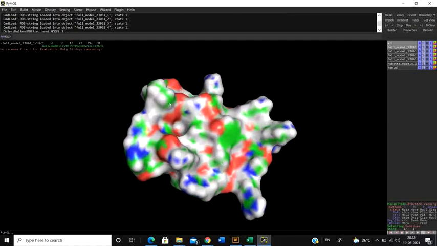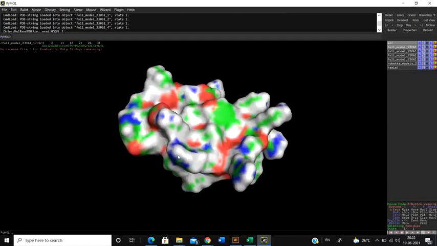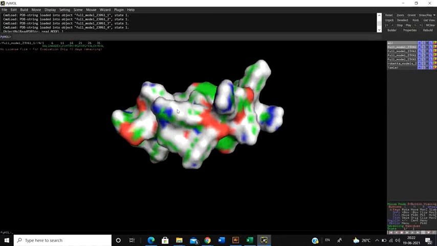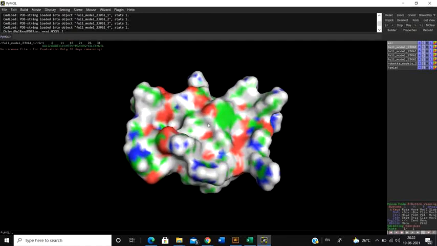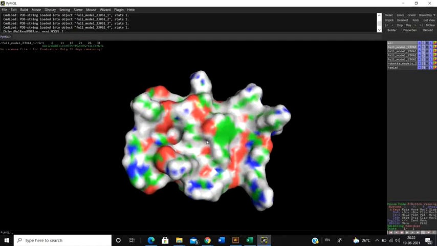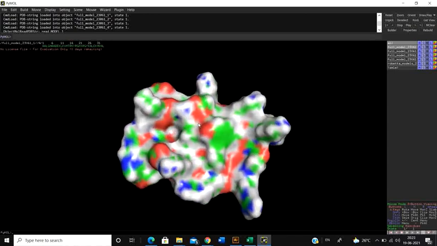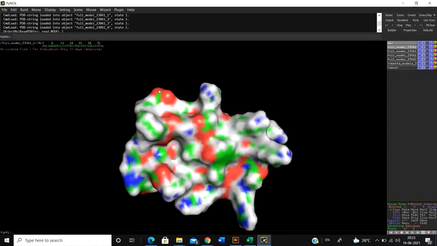So the amino acids that are present at the surface are the amino acids that are there to interact. Since the protein that I have modeled is a very small protein, every atom is actually solvent accessible. Okay, so this is how the protein actually looks like. But when I click on surface, I can't see the secondary structure. I can only see this entire topology. And in this topology, the red region stands for the oxygen atoms, the blue stands for the nitrogen.